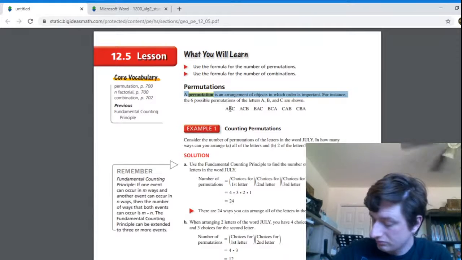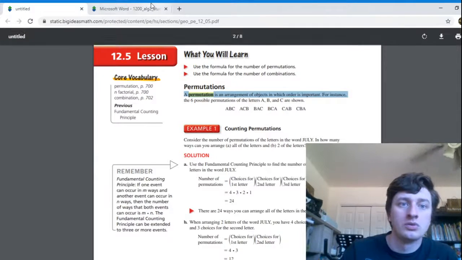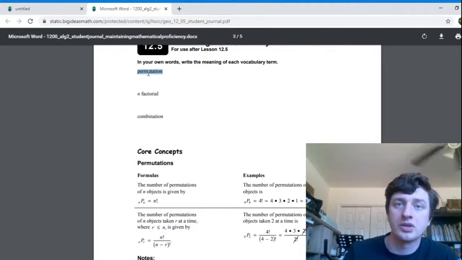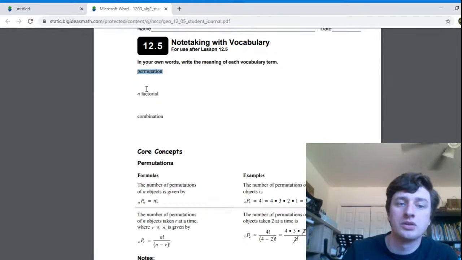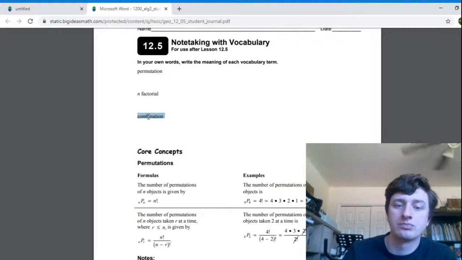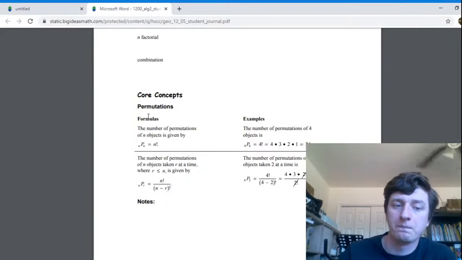Okay. So a permutation in our student journal is a set of things where the order matters. We talked about factorial, just multiplication. In combinations, order does not matter. Now,